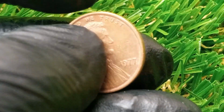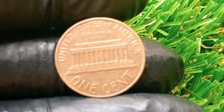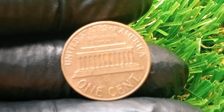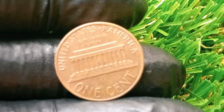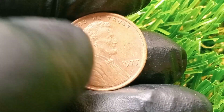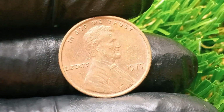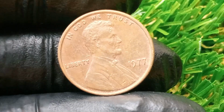In one unforgettable instance, a 1977 error penny with a combination of a double die obverse, dramatic die crack, and 15% off-center strike sold in a private auction for $69 million to a billionaire collector who considered the coin a masterpiece of accidental art and a tangible link to American minting history. This sale sent shockwaves through the numismatic world, inspiring a new